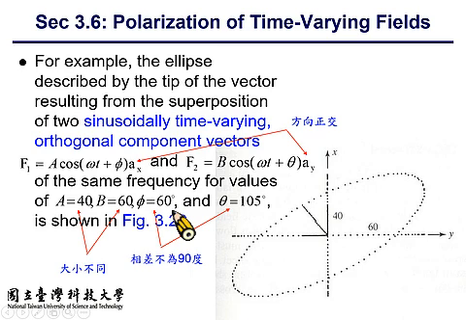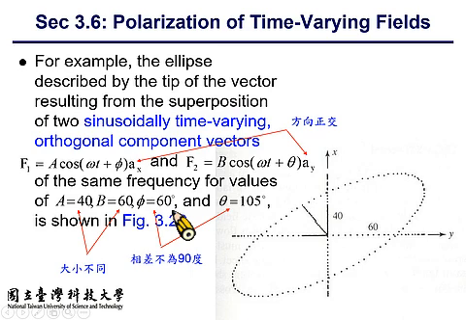轴比。So can you tell me what is the axial ratio requirement for a circularly polarized wave? 假如你是圆极化的话，它的 axial ratio 是多少？圆极化它的 major axis 跟 minor axis 有没有差？没有嘛，一样嘛。Okay, great. So for circular polarization, CP 的话，它的 axial ratio 会等于1。